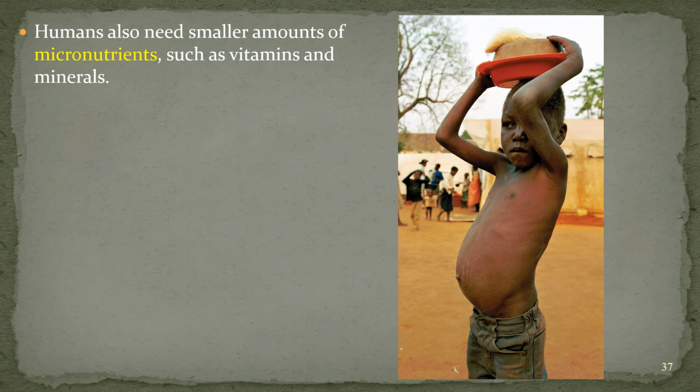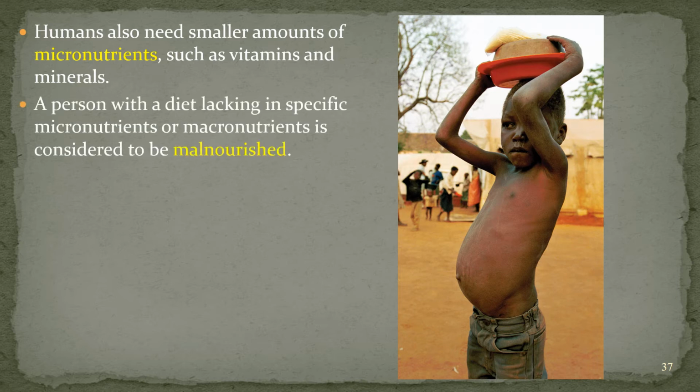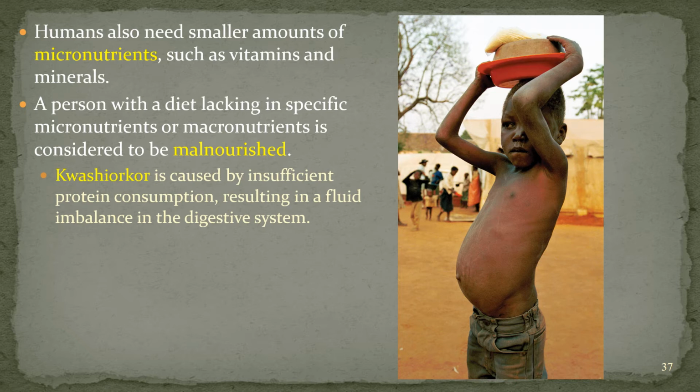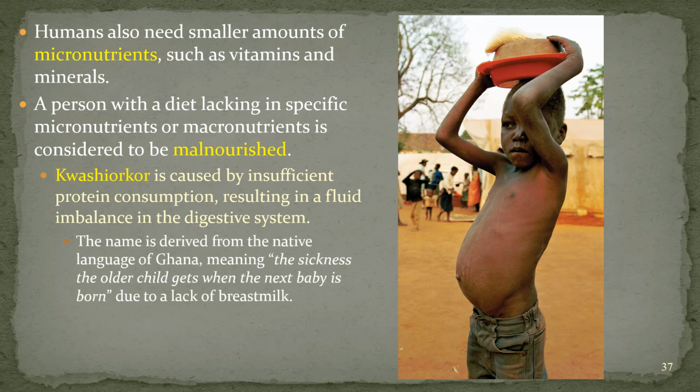Humans also need smaller amounts of micronutrients such as vitamins and minerals. If you are malnourished, you can get things like insufficient protein consumption, resulting in a fluid imbalance in the digestive system. This is a special issue in Ghana. The sickness name is derived from a word that means that this is a sickness that older children get when the next baby is born, due to a lack of breast milk. So I'm highlighting these things because a lot of people forget that most of the